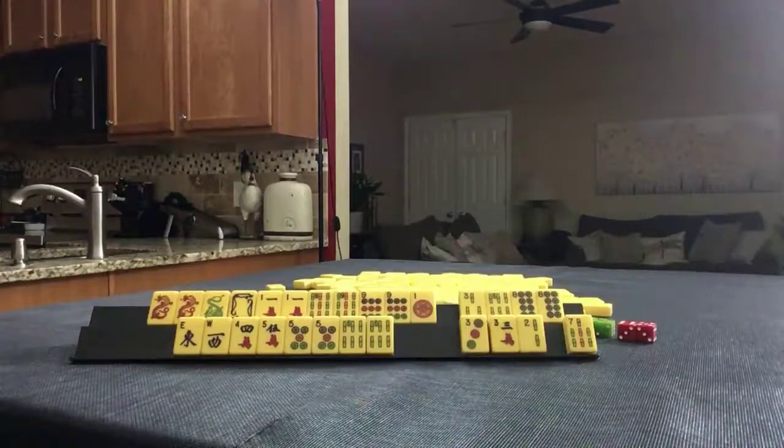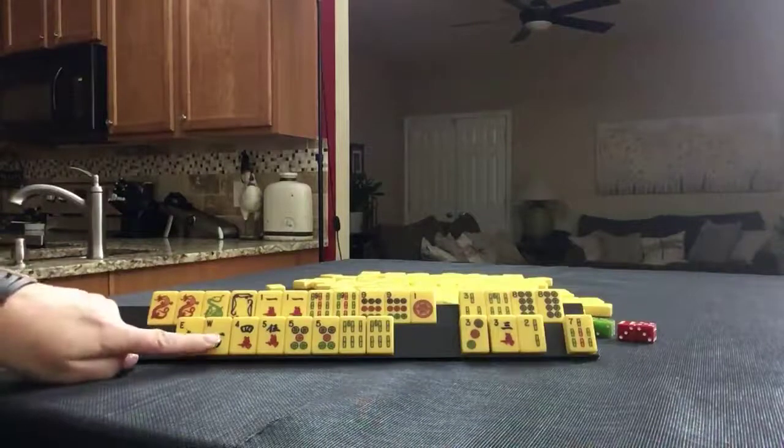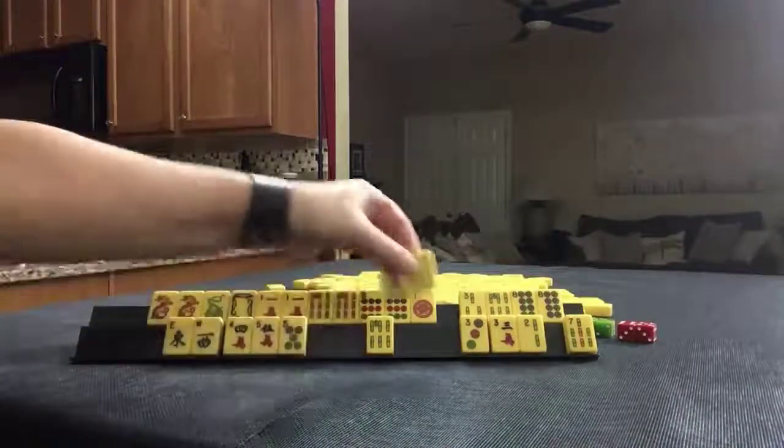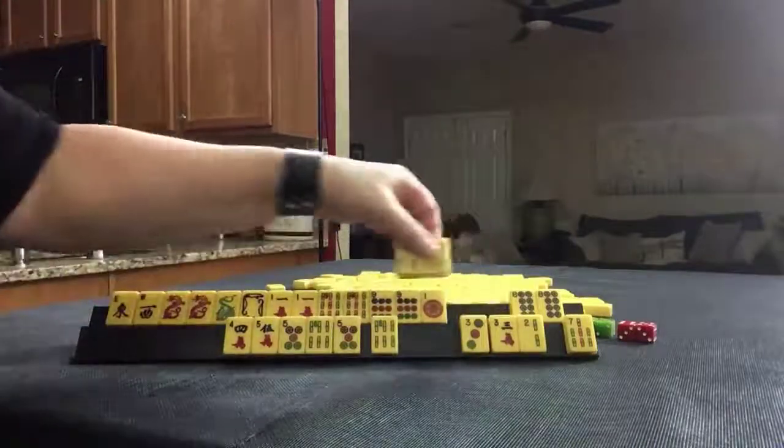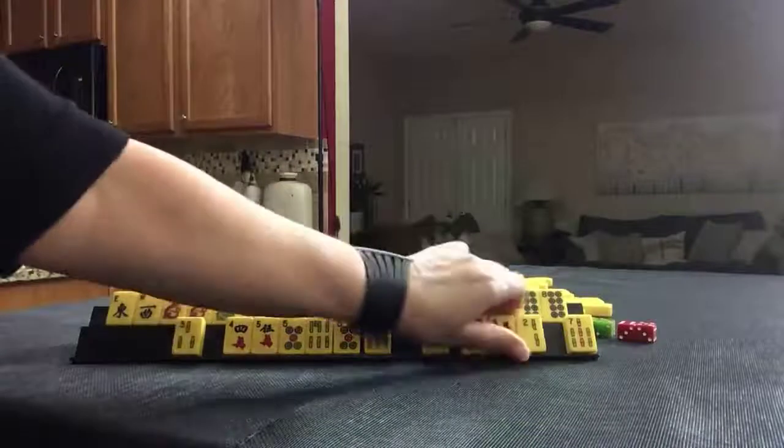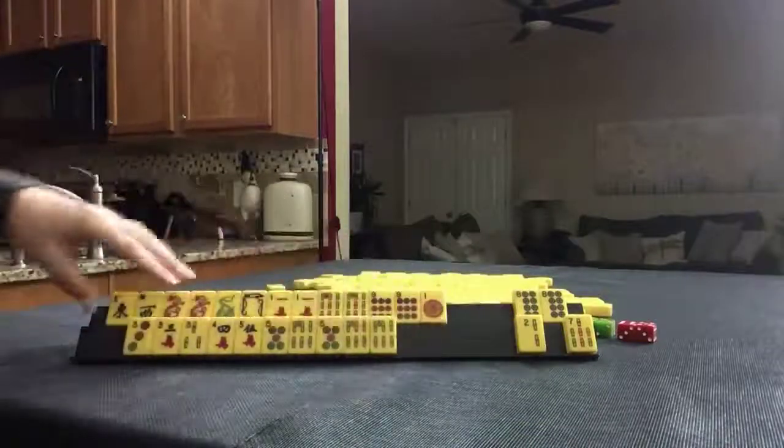Number 56 on page 24. Chow, 4, 5, 6 in each suit with news and 1 win paired. Oh yeah, these would have to go away too. Yeah, no, that's not good. Never mind. I would go back to middle chows